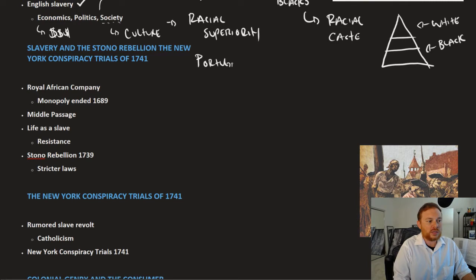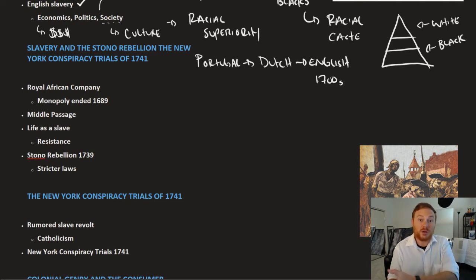So in talking about the Atlantic slave trade, again, kind of reviewing some of the stuff that we talked about already, Portugal was the one to bring the first African slaves to the New World. Then it went to the Dutch, and then it went to the English. So by the time you get to the 1700s, most slaves being bought from Africa and sold to the New World are arriving more and more on English ships. They essentially had taken over the trade from the Dutch. Recall that the English took over New York or New Amsterdam from the Dutch in a series of wars in the late 1600s. Well, as part of those wars, the English also take over a lot of the Dutch's economic ventures in the West, and that includes the Atlantic slave trade.